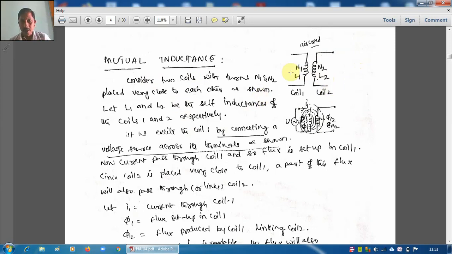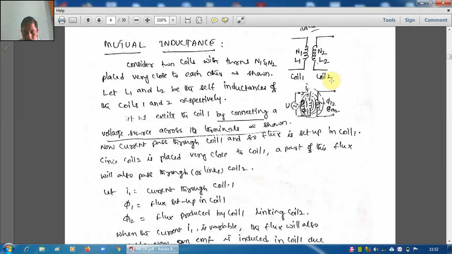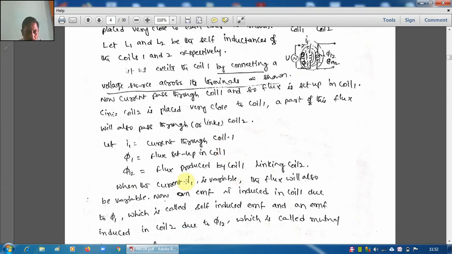So now the mutual inductance is the term generally related to the second coil. To define this, let us consider two coils, coil 1 and coil 2. Coil 1 is there and coil 2 is placed close to that coil. Let us assume, as before, coil 1 is supplied with an alternating current I1. So therefore some amount of flux is produced in that coil, that is phi 1. You see here,